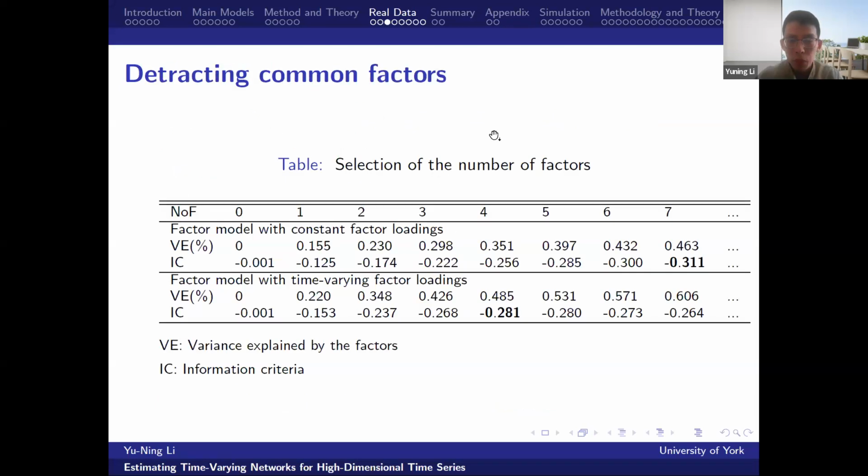In the first step, we extract common factors using a factor model, with either constant factor loadings or time-varying factor loadings. Finally, we decided to use the time-varying factor loading model because it uses fewer factors but explains more variance of the data set.